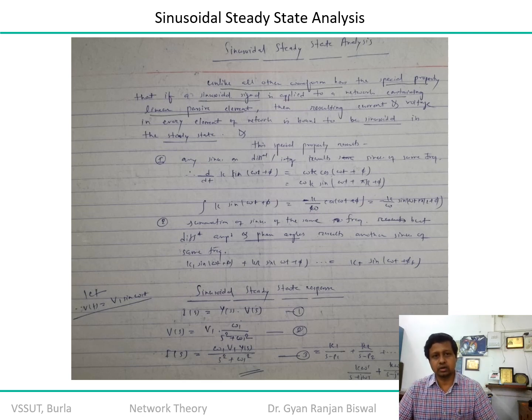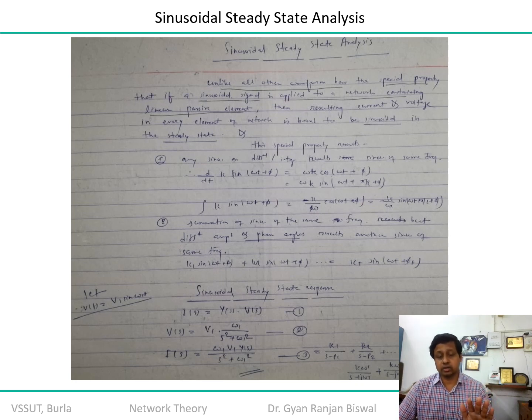the characteristic of this sinusoidal wave is that whenever such currents or voltages appear across the capacitance of the network, or whenever such current passes through the inductive or resistive path of the network, it always creates a sinusoidal impression. So that means whenever you study the steady state response of such elements involved in the network, the behavior of all the currents and voltages participating in this network also bears sinusoidal characteristic. This is the unique thing you can visualize when you consider your input waveform as a sinusoidal wave.